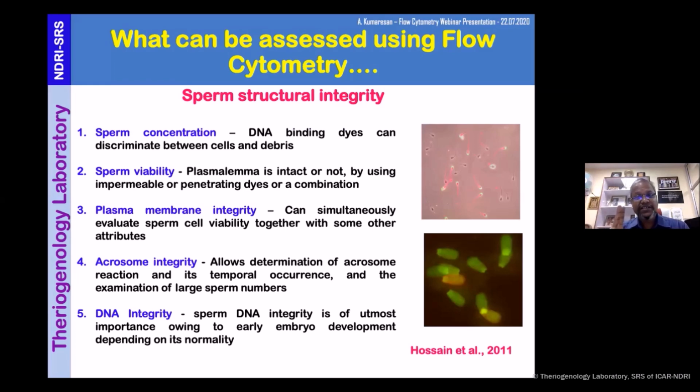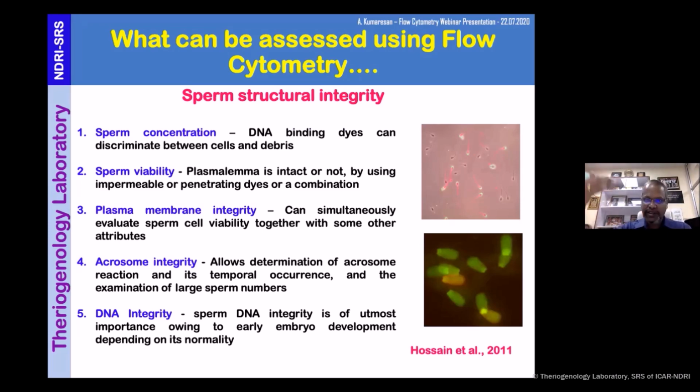Second thing is we have to process the spermatozoa for use in flow cytometry. So, washing two times, there is every possibility that we may lose some of the spermatozoa. That's why sperm concentration using flow cytometry is not fully accepted as well. Viability, yes. You can use SYBR and PI, or CFDA.